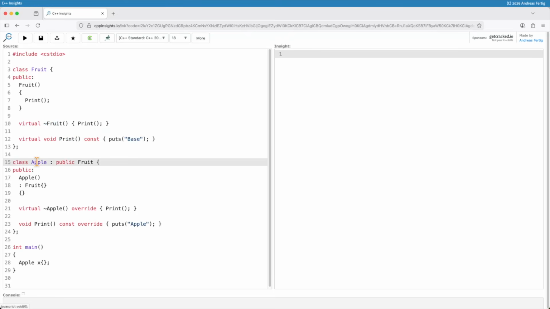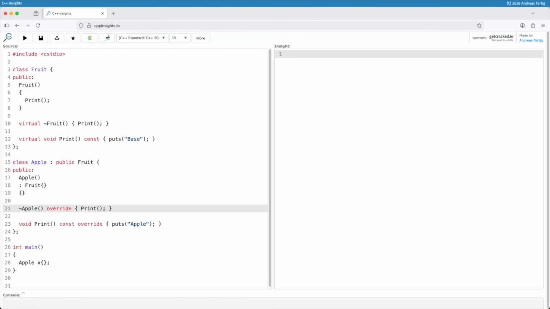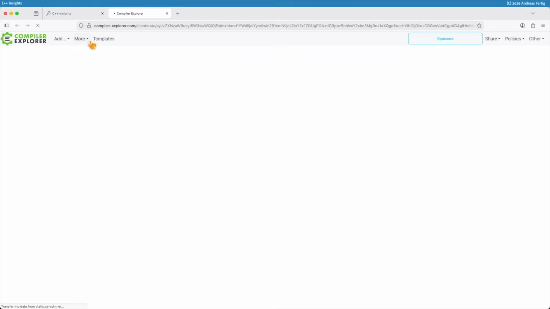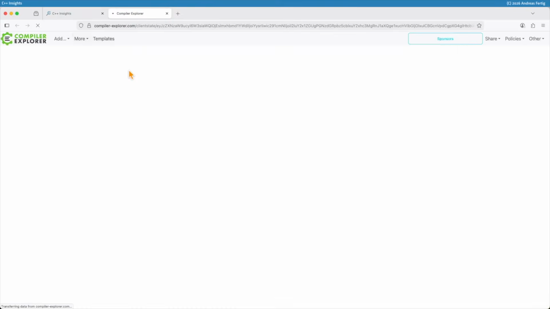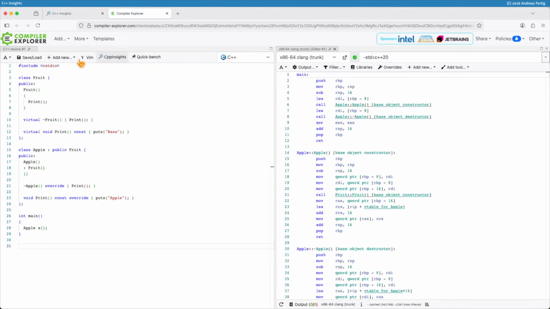And then I have my derived class Apple here, which derives from Fruit, initializes Fruit properly here, and it overrides the destructor and the print function. We can drop the virtual here, sorry about that. So here we go. All it does is print out apple instead of base, and below here I'm creating such an object. If we first check what Compiler Explorer has to say about that, so here we go,